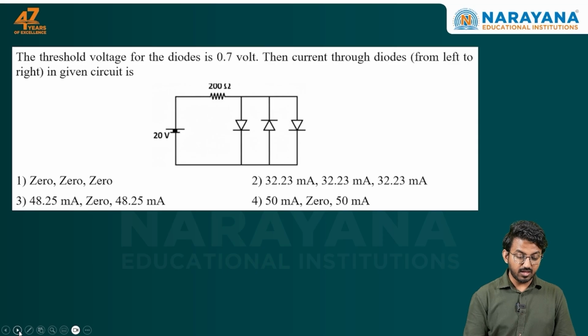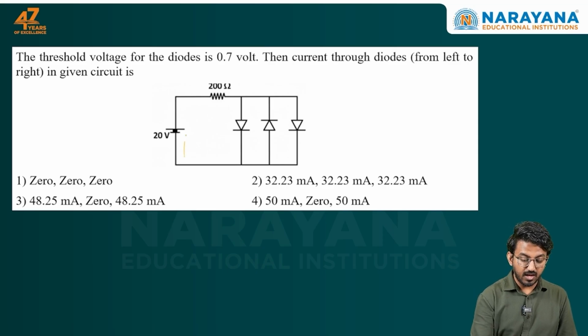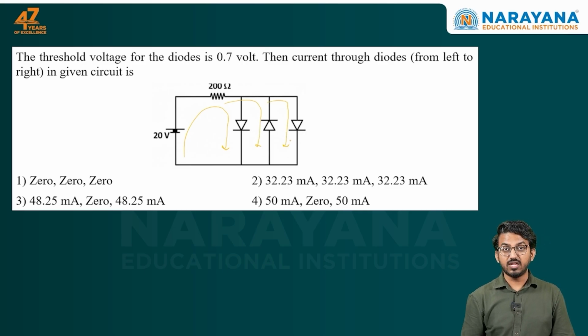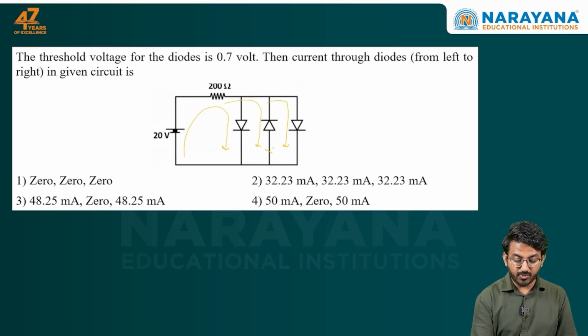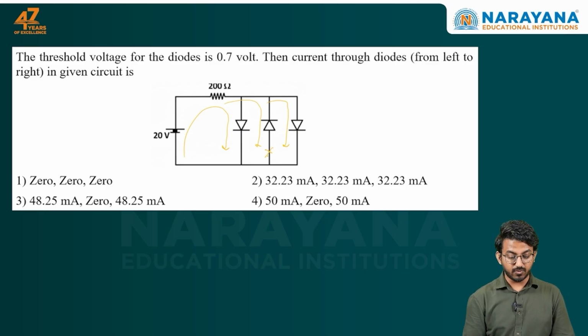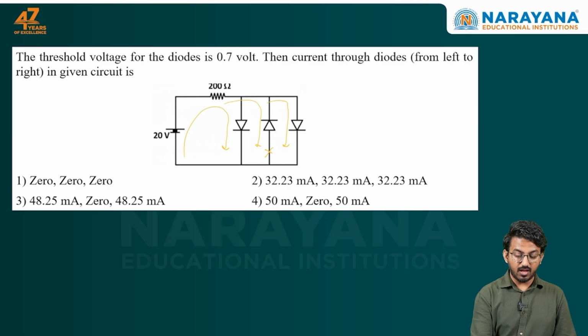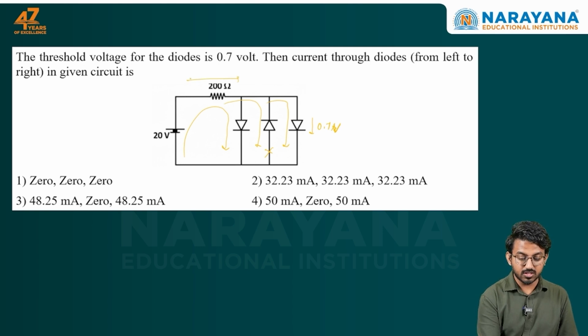So you can see here the battery is given and current is trying to go in this manner in these circuits. So notice that the middle branch is in reverse bias. So current in this branch is going to be 0 here for sure. And the other diodes are in forward bias, and they are saying that the threshold voltage drop is going to be 0.7 volt. If voltage across this part is 0.7 volt, voltage across this resistor is going to be the remaining 20 minus 0.7,